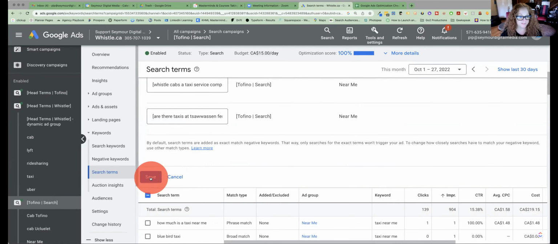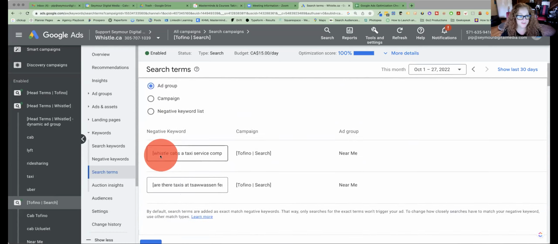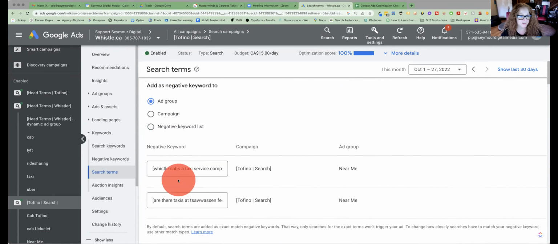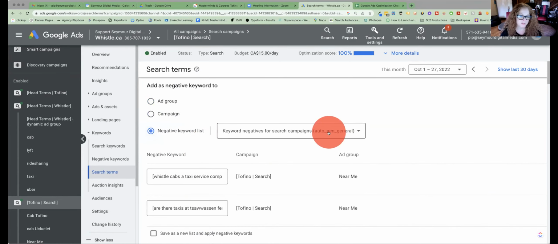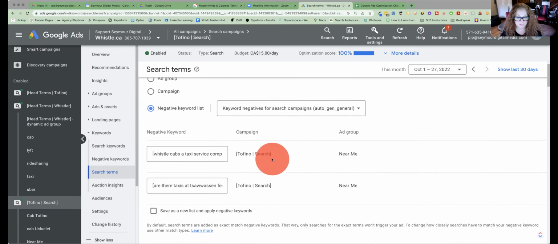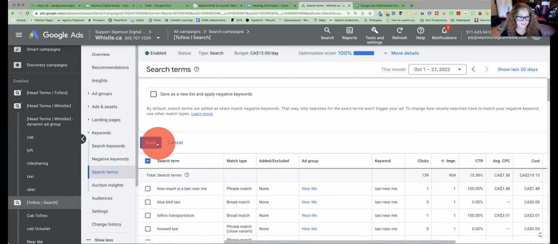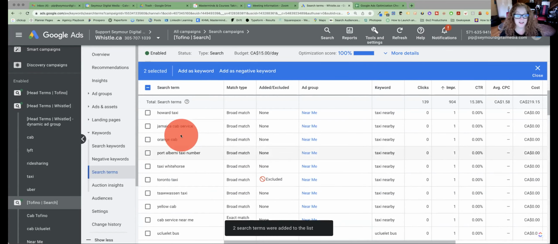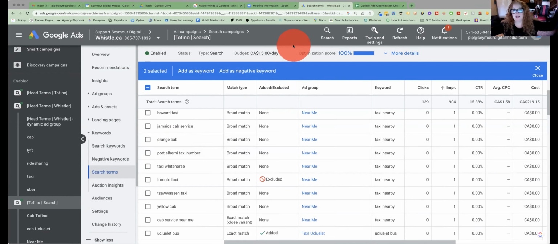And then negative. Just make sure it's at the ad group level. Now we're going to do it at the campaign level because we definitely don't want to show up. And keyword negatives from campaign, right? And then save. And that's what you spend a lot of time doing in Google Ads, because the ad concept is you create a campaign,